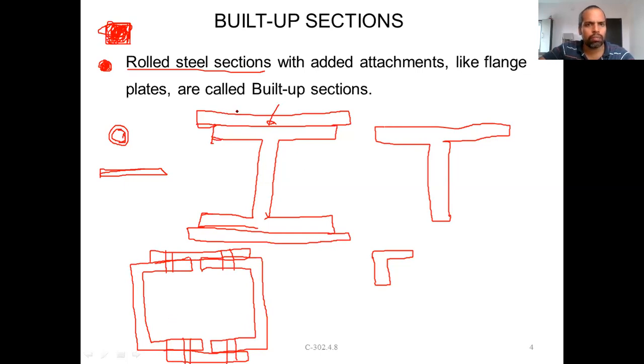Similarly here also some sort of welding or nut bolts are provided. Some connection shall be there. Without connection they will act as individual members, and there is no use. Built up sections means they are combined together to act as a single member. Those are called built up sections, right? So this is a common type, and channels may be like this.